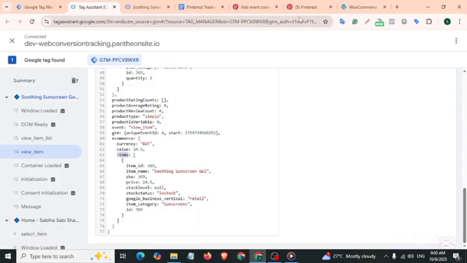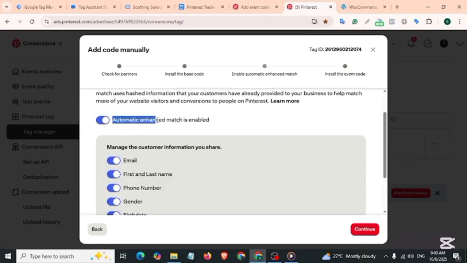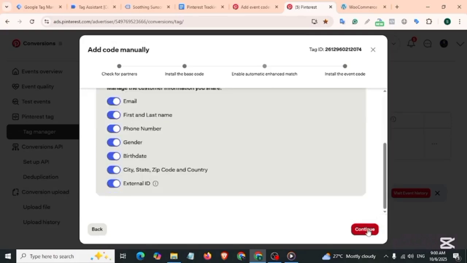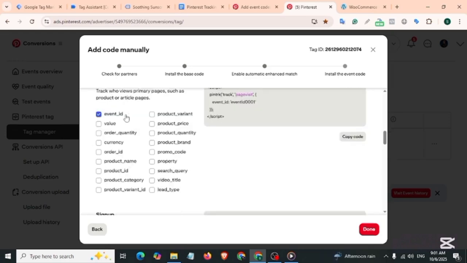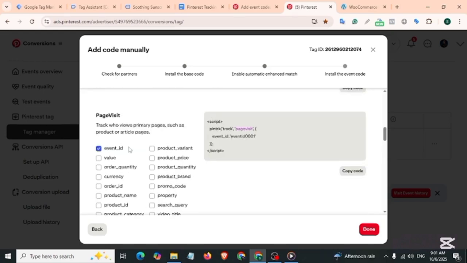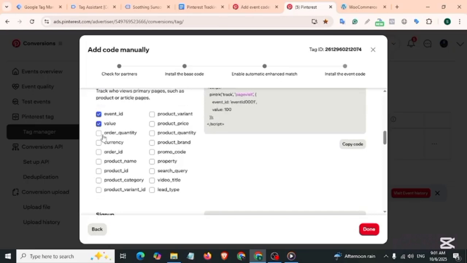Back to the Pinterest account, then continue. Enable automatic enhanced match, then continue. Here we can see which parameters we need to send for page visit, which actually means view item. In Pinterest, view item is called page visit. Pinterest recommends that we send event ID with the page visit tag. Also we can send value, currency and items should be